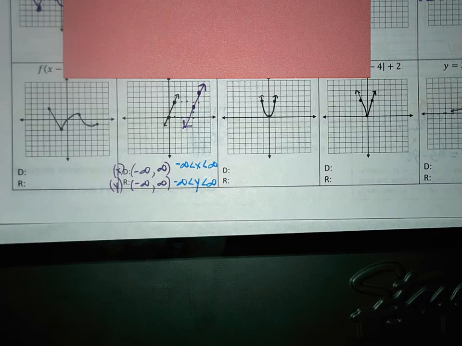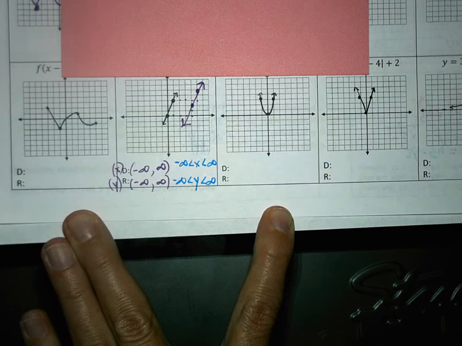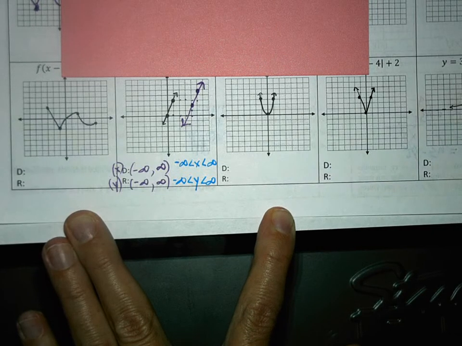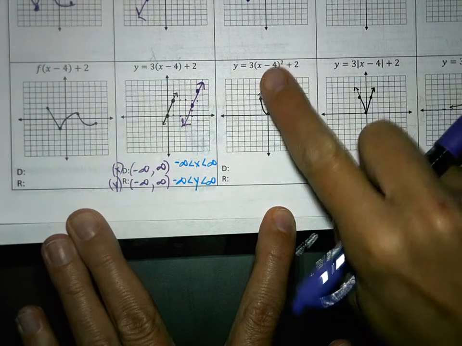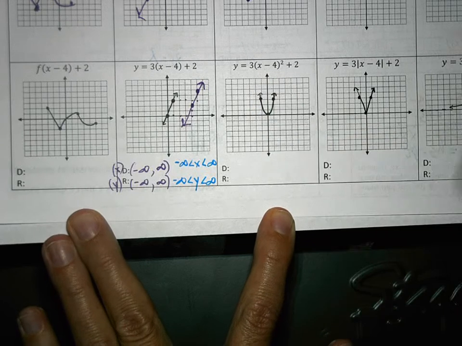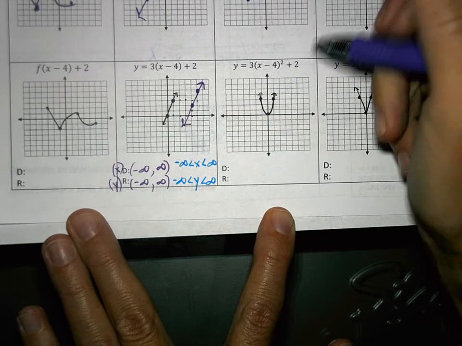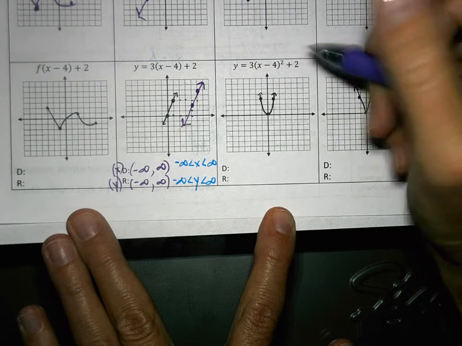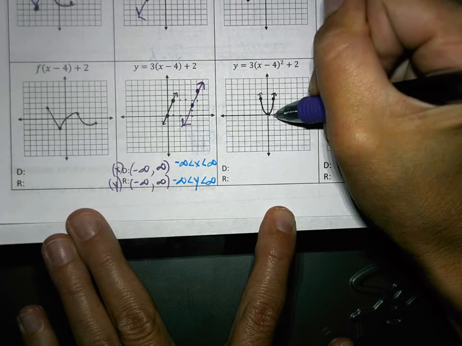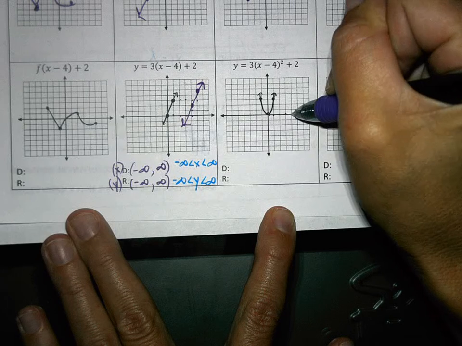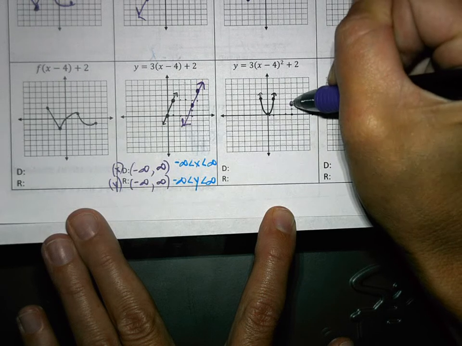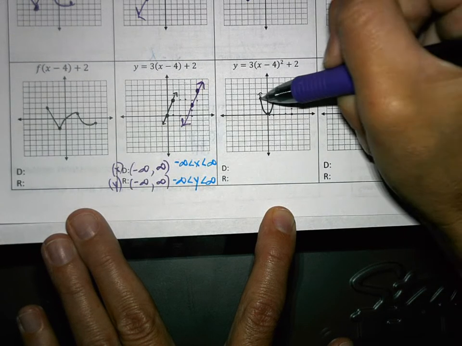Questions there? Okay, let's translate our quadratic function now. And so again, if you ever forget, you can always look back, but we know whatever's in parentheses means we are going to do the opposite of what's there. So I'm going to go right 4, 1, 2, 3, 4, and up 2. Okay, so with each of the points,